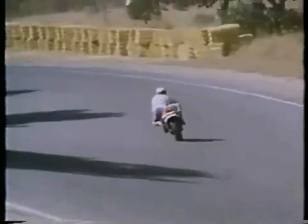This had a three-cylinder engine, and it helped Freddie Spencer in 1983 to become the youngest ever world champion at the age of 21. The three-cylinder, here ridden by Randy Mamola, was smaller and lighter than the fours, and so more maneuverable. But it wasn't more powerful. So for the 1984 season, Honda fell into line with other